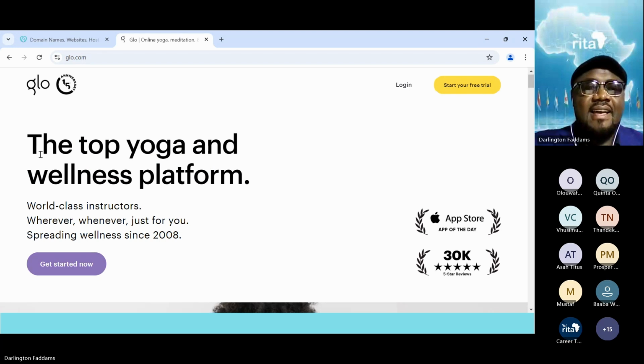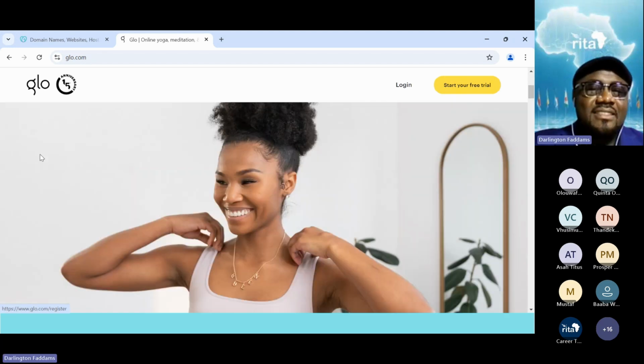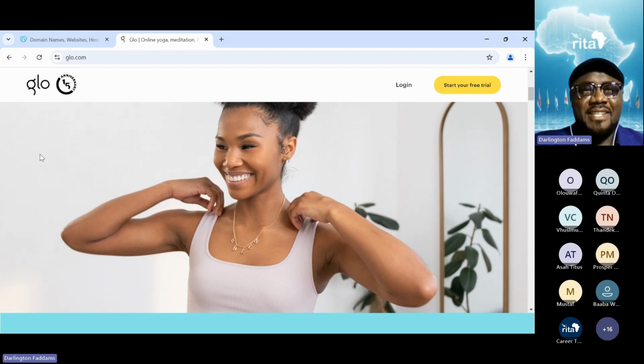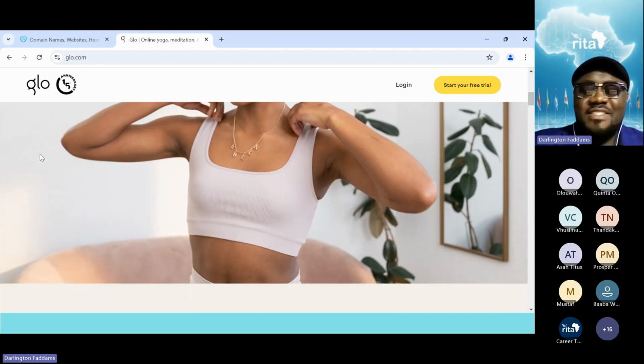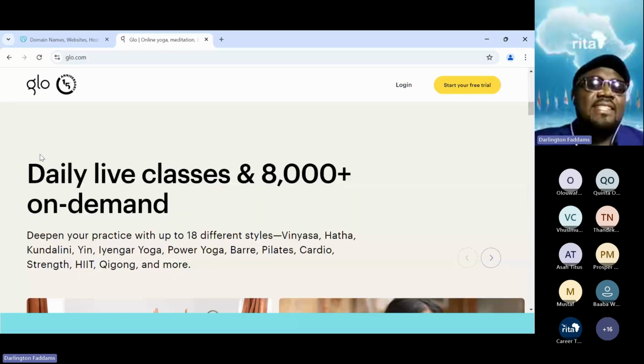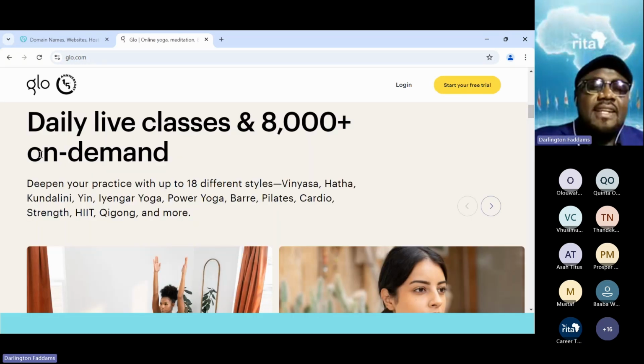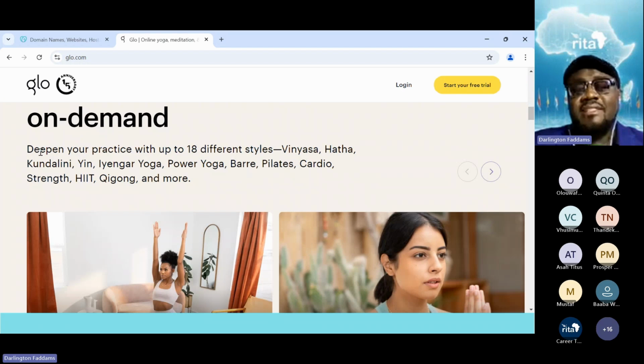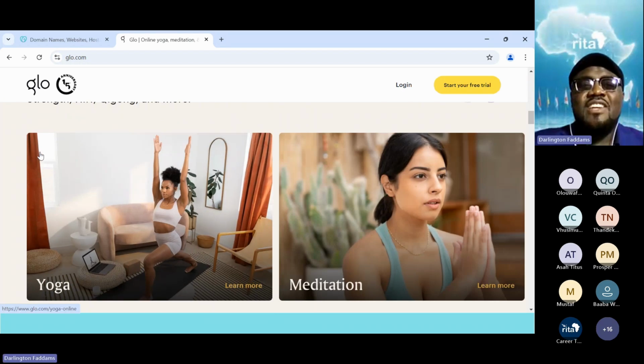But I'm seeing yoga. Wait a minute. This website here probably belongs to an individual running their yoga business. And they are using the domain name Glow.